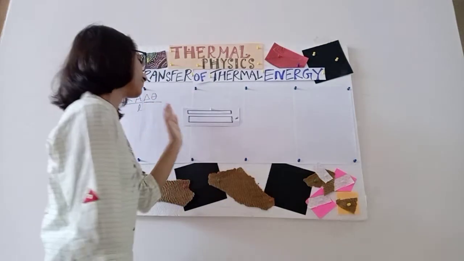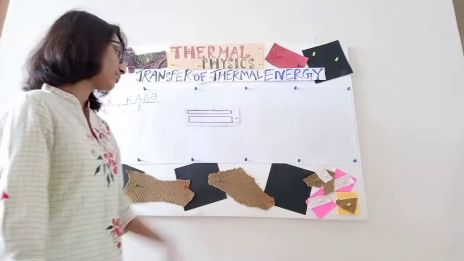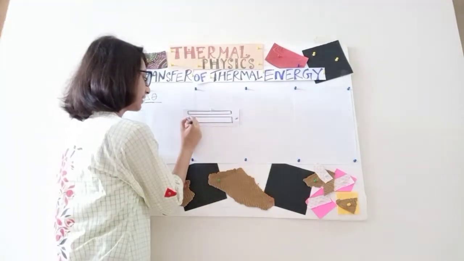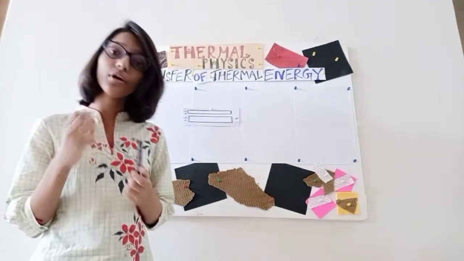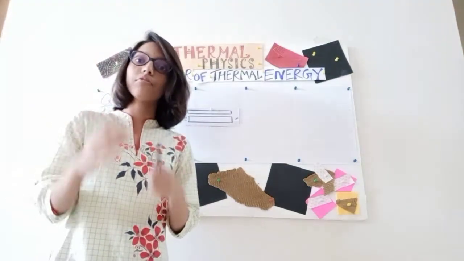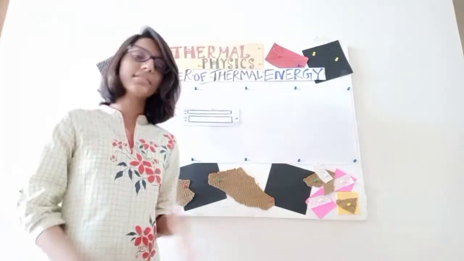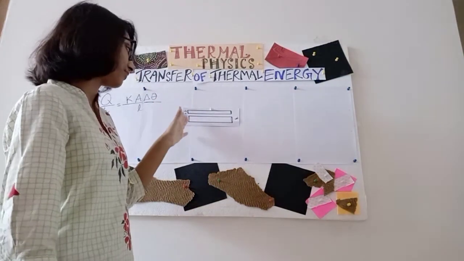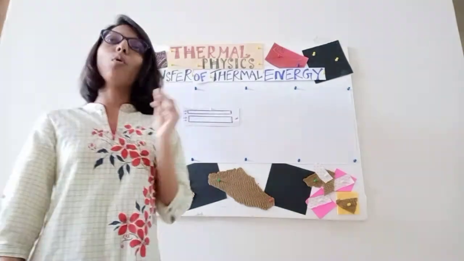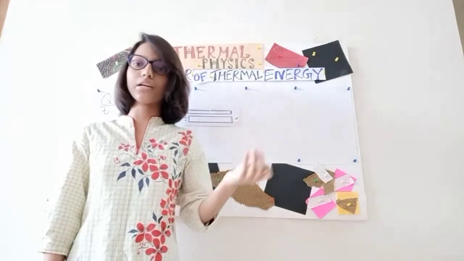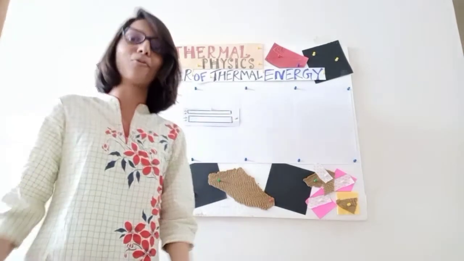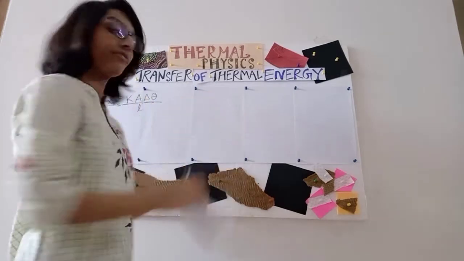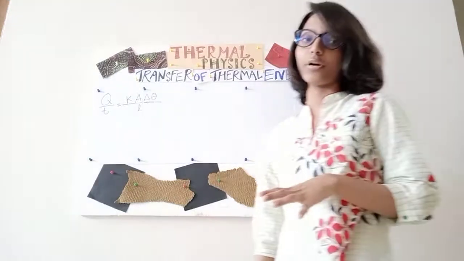So basically, we are always providing heat in the surface region, right? If the surface area is more, it means there are more molecules and more free electrons in the surface. So when supplying heat at one surface region, more molecules and more free electrons are actually getting the thermal energy, and hence the rate of heat transfer will of course be more. That is why if the surface area is more, the rate of heat transfer is also more.